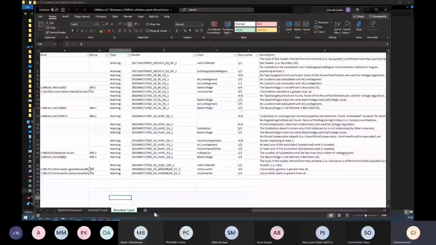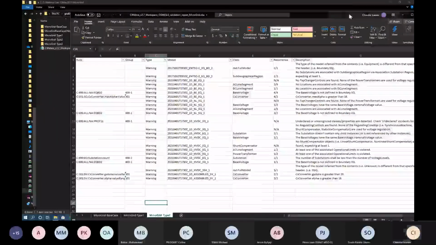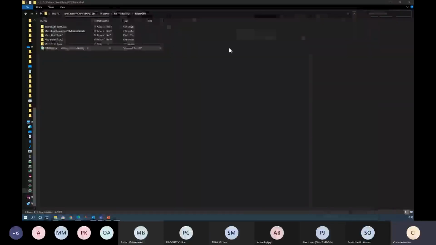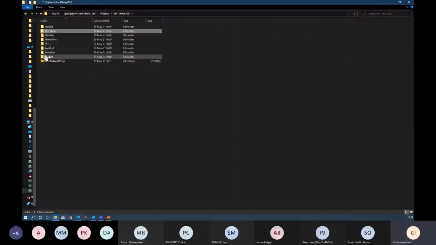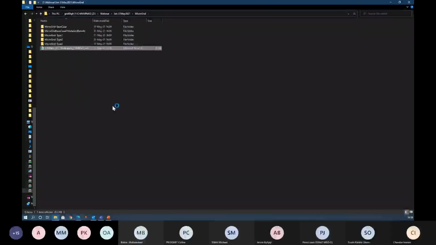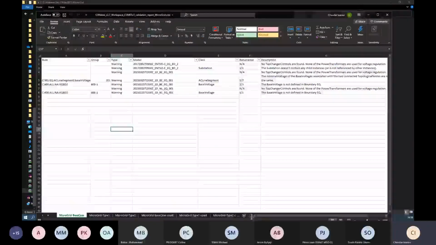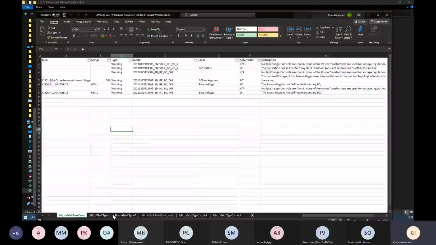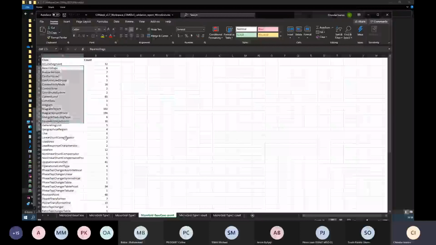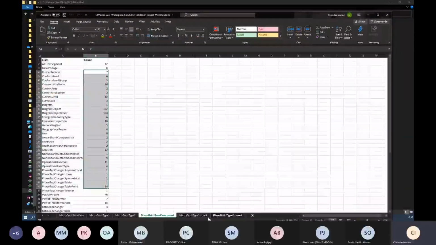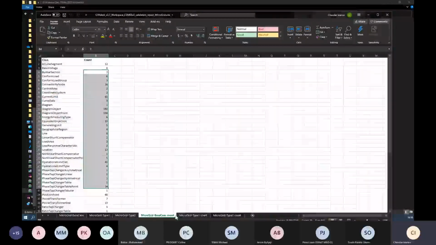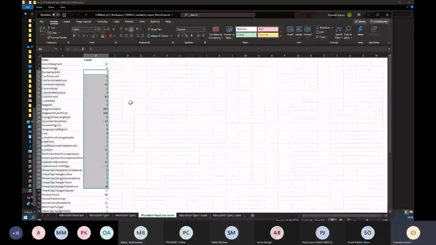We will add additional tabs with the count. And just before the webinar, I did one example of how this is going to look, and I'm going to show you, so you get an idea what setup we are talking about. Here, for example, next to these 3 tabs, we will have the microgrid base count, with the classes and their count, and the same for type 1 and type 2.